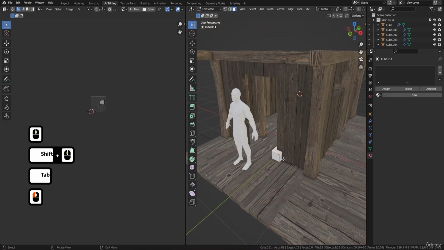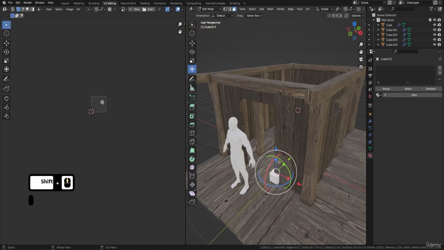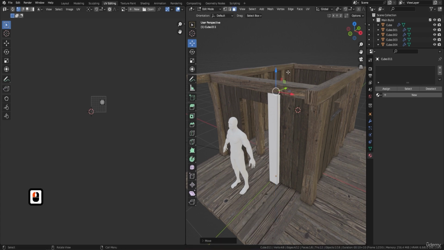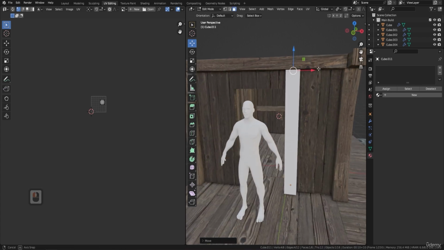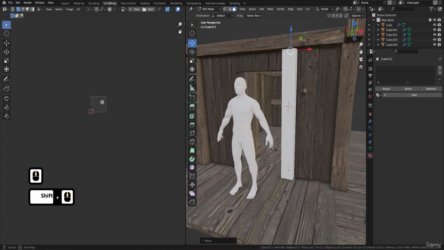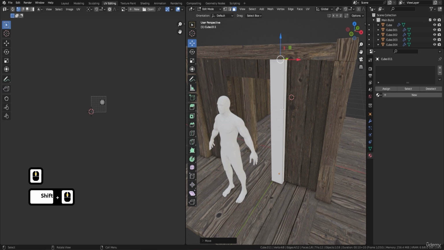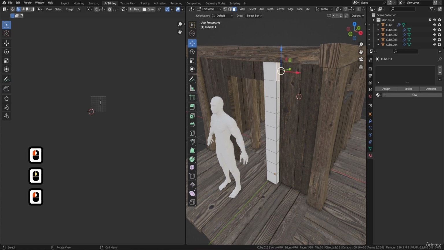And then let's bring it up now. So if I bring it up, Shift Spacebar, move. Let's bring it up to the top, where it's going to slot in like so. And then what I'm going to do now is add in some edge loops. So Control R. Make sure there's one in the middle on these. So you can see now I've got one in the center because I am going to actually use that to bend this. What I'm going to do now is just going to come in first of all, grab this one